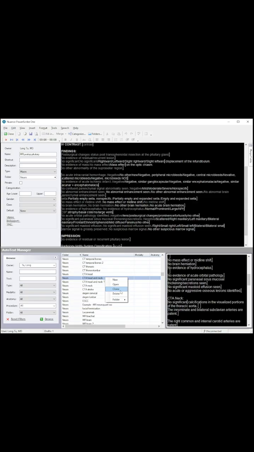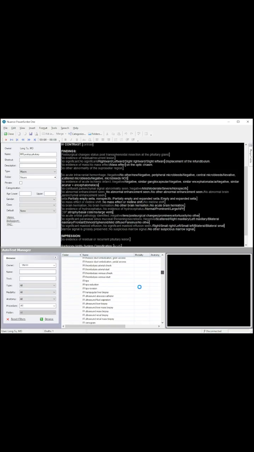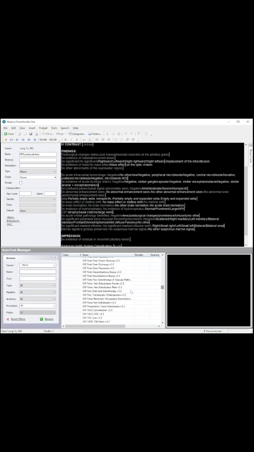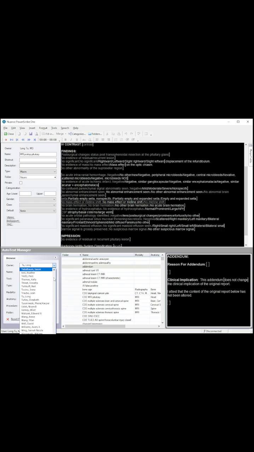System templates are just a part of the broader system. I don't know if I can show you yet. Here we have system templates, ones that are across the entire system, which you can call in no matter whether or not I have any of these in my own profile. I could say macro addendum, and it would pull this in. Okay. But that's been a little bit of an aside. So let's head back to talking about